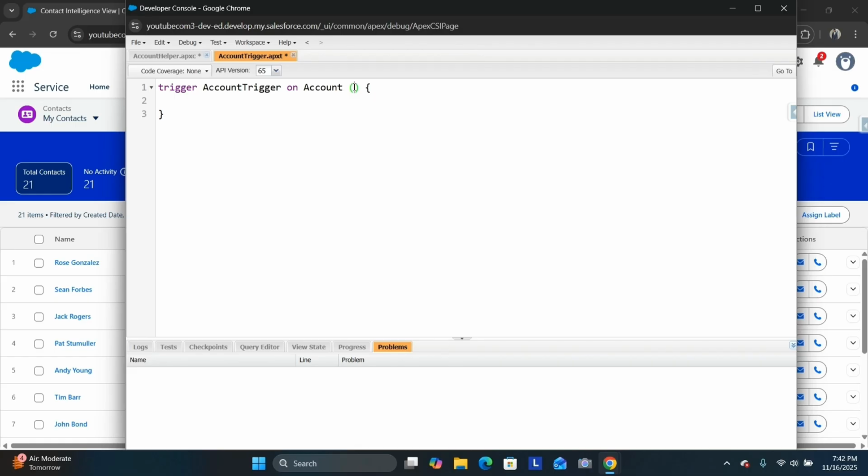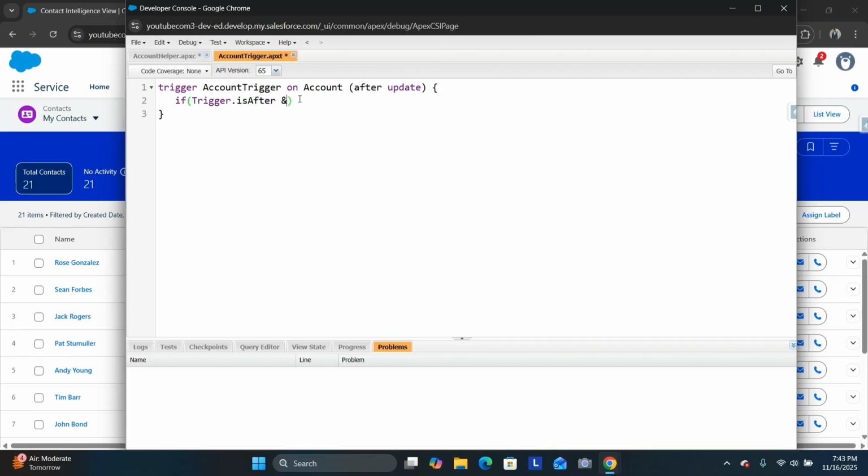This is my developer console. I have created two files. One is for the trigger, named AccountTrigger, and another is for the helper class, named AccountHelper. On the trigger, I have written after update. In this case, when the account industry field changes, I want to update the related contact description fields. Whenever we want to perform DML on related objects, that's the time we want the after event. So that's why we write after update, and also make sure we always write context-specific code like